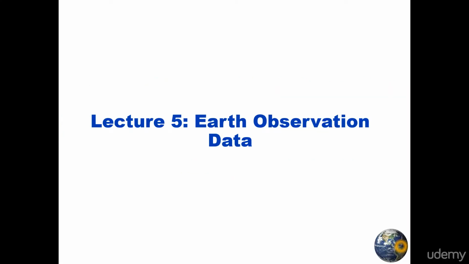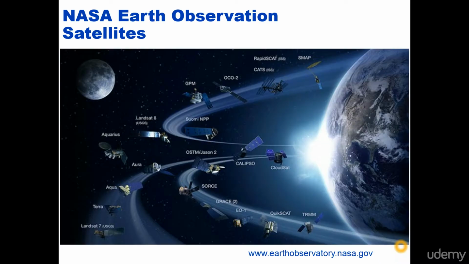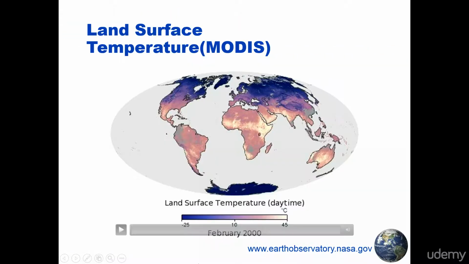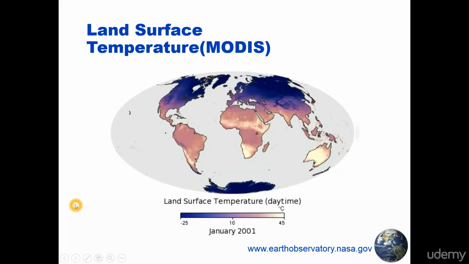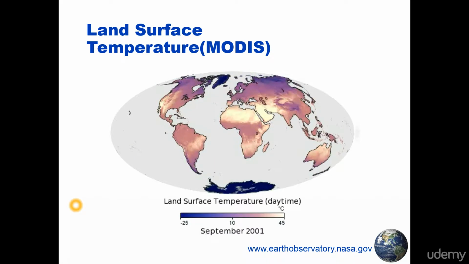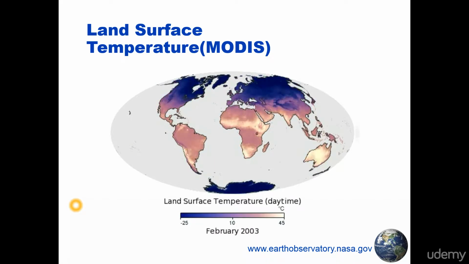In this course I'll teach you about Earth observation data, examples of satellite data. These are some of the currently operational satellites by NASA. For example, this is a global scale data from MODIS instrument, which can show us land surface temperature, daytime land surface temperature, monthly data